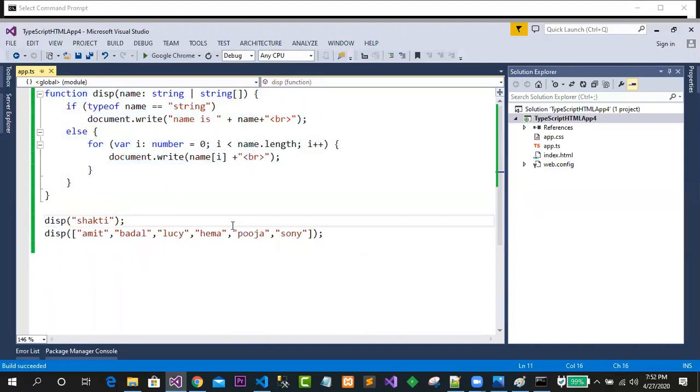You can ask me. Can we use number and string? Yeah, not an issue. Suppose one may ask the question, sir, can I give another type like a number? Can I go for this?